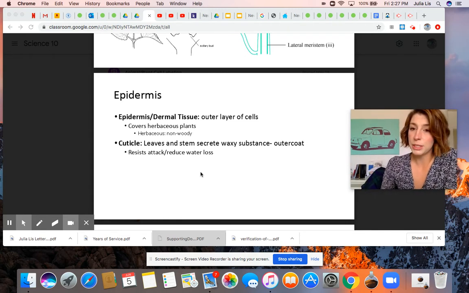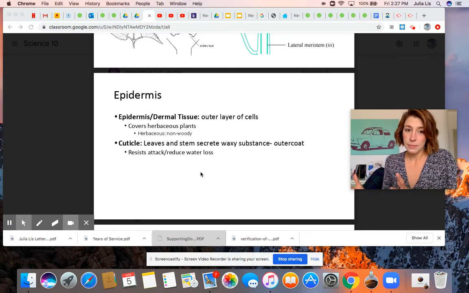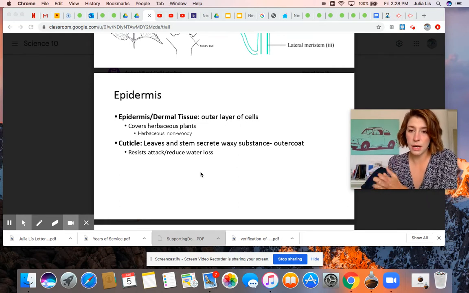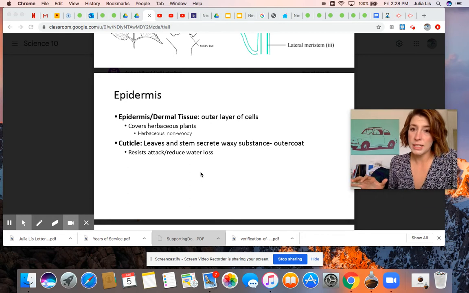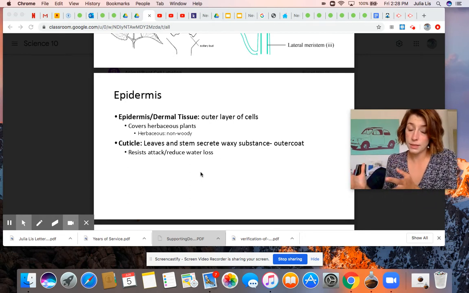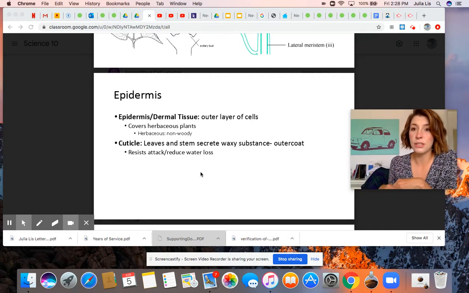So the epidermis, or that dermal tissue, is that outer layer of cells. A term that's really important for plants is the cuticle. You might notice it on certain plants, especially on the surface of the leaves, the top of them. It's this waxy substance, and what it does is prevent water loss, most specifically. So you'll notice if you look at aloe